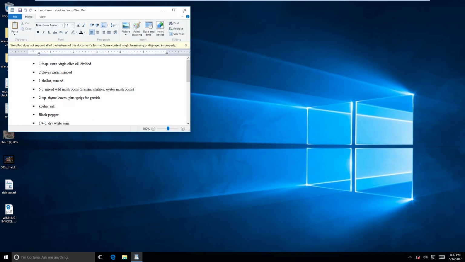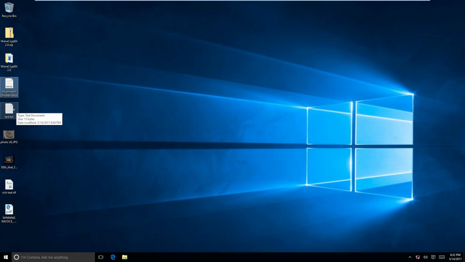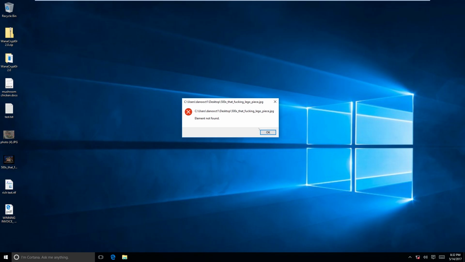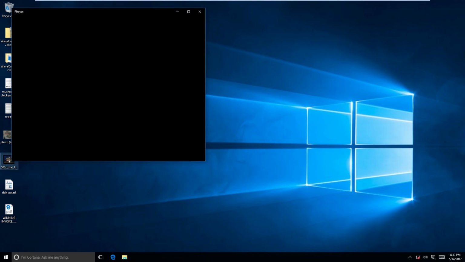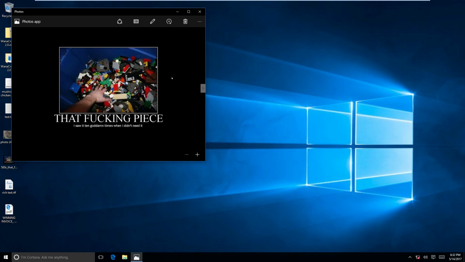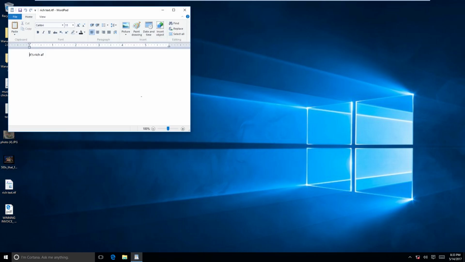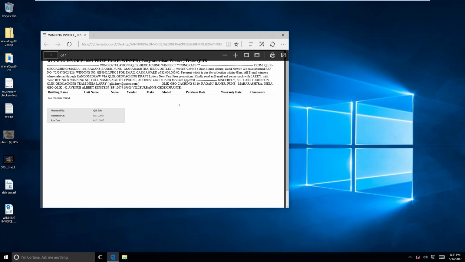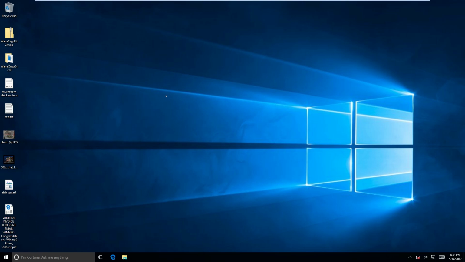Here we have a docx, which is just a recipe that I like to make sometimes. Got a test document that says test document. I've got a photo from my car like 5 years ago where it thought it was 129 degrees outside. Got this other picture. Oh no, where did it go? Oh, now it works. Okay, the video's already broken. But anyway, we got this picture that accurately represents my feelings every time I build with Legos. We've got a rich text document. And finally we have this spam PDF that was emailed to me, and these will all be encrypted by the